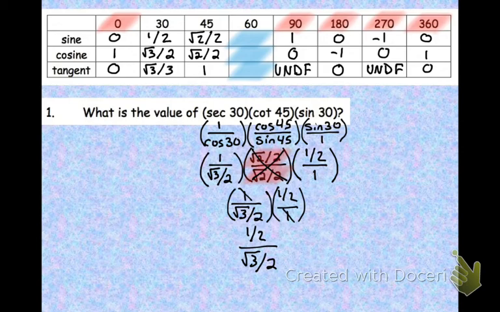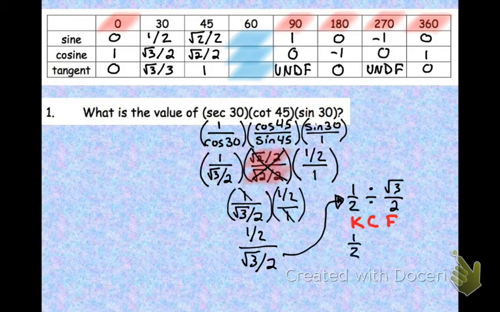And I'm going to go through this quickly just so that everyone has the knowledge that this is a division problem. We know that fractions are division. So this is saying 1/2 divided by radical 3 over 2. And when you're dealing with fractions and division, you have to get some fried chicken. So you end up with 1/2 times 2 over radical 3 when you flip it, which the 2's will cancel, and you end up with 1 over radical 3, which when you rationalize that,